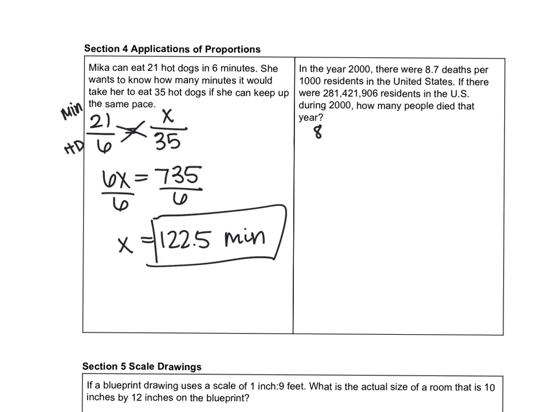So we have 8.7 deaths per 1,000 residents, and we want to know how many deaths there were for 281,421,906 residents. So we cross multiply, we get 1,000x equals, and then we have to do 281,421,906 times 8.7,